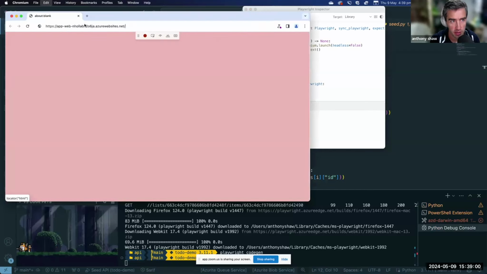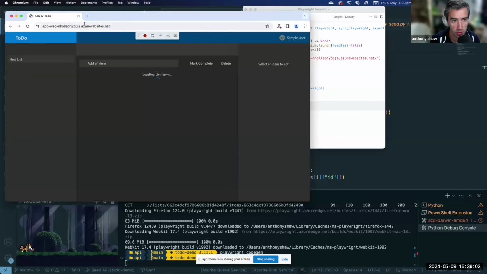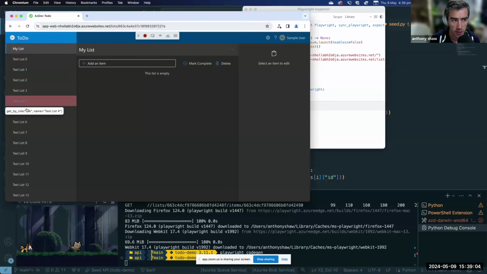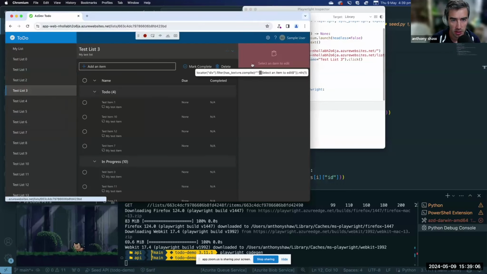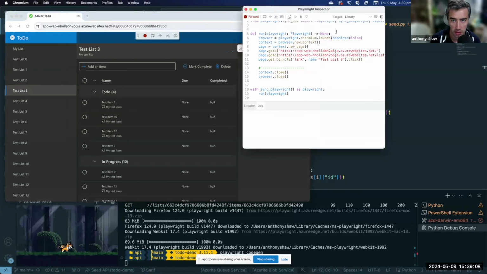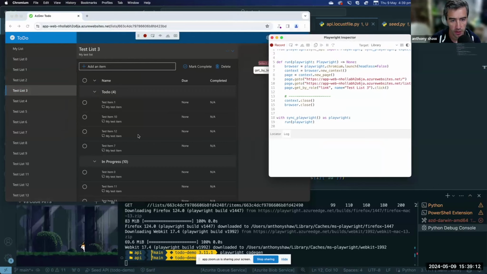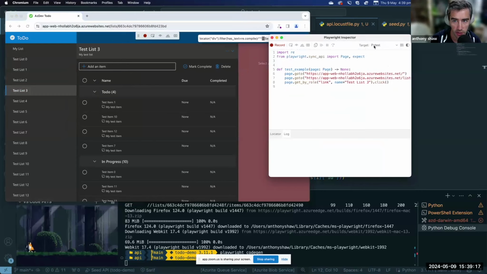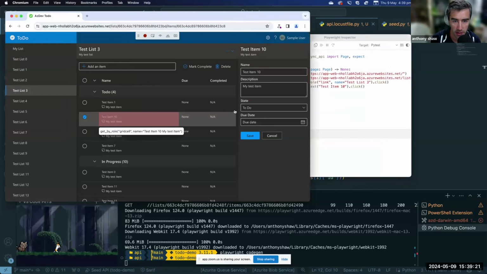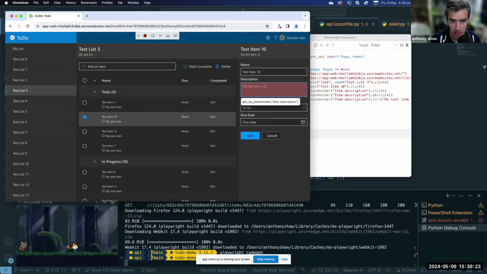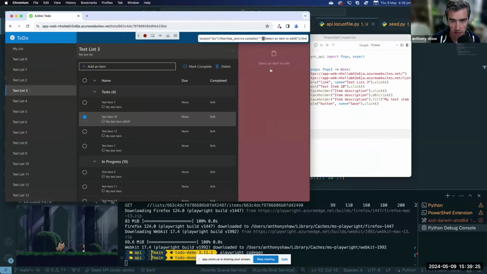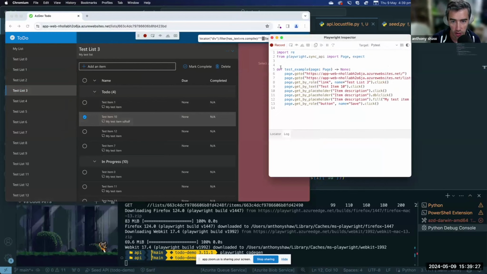This is actually a special browser because it's in a recorder. So whatever I do in the browser, it's going to turn that into code. And you can specify what you want that to look like. This is really good if you want to write tests for PyTest, for example. You can say, I want PyTest, and it will create tests for what you've done. So if I click through on the application, change some text to type it in, and then save it, it's going to create all of those steps as code.